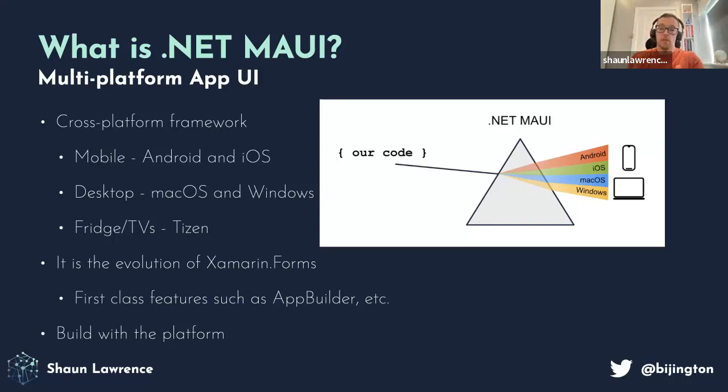So we can utilize that functionality. While .NET MAUI doesn't provide it to us, we can still interact with those layers. So there is .NET for iOS, .NET for Android, and .NET for Windows or WinUI, that allows us to get down to the platform layer and utilize that. And we can see an example of that coming up.